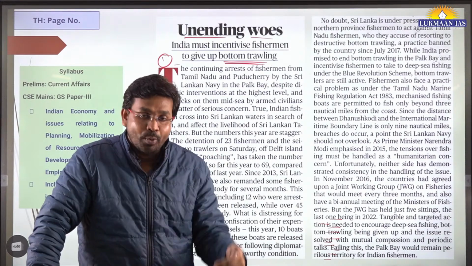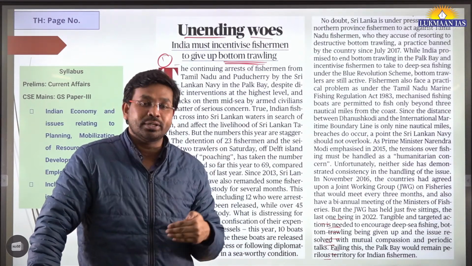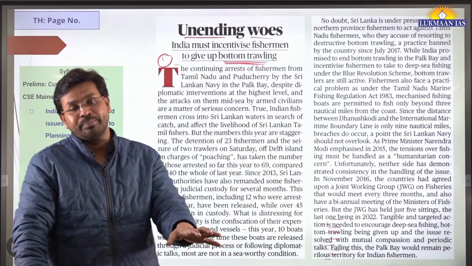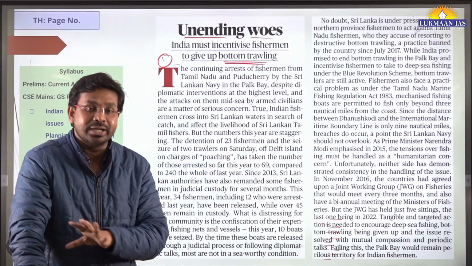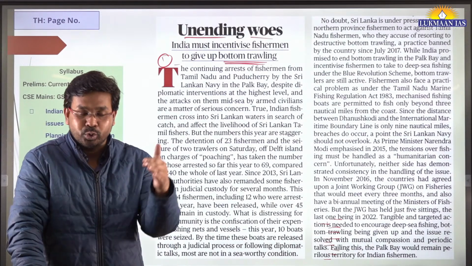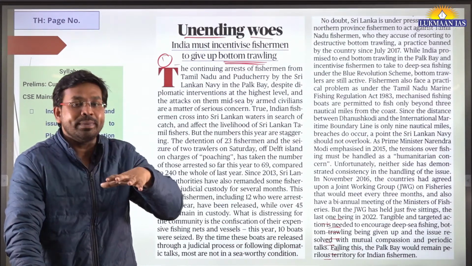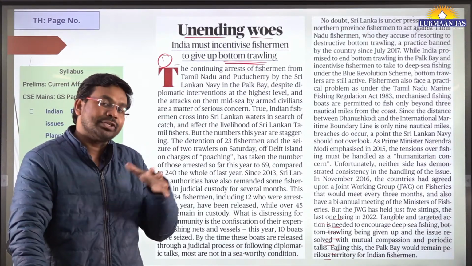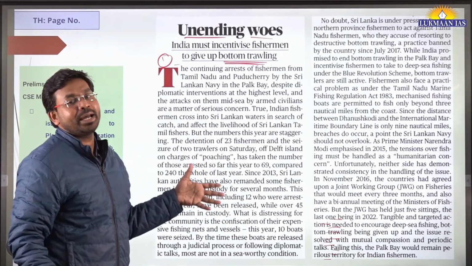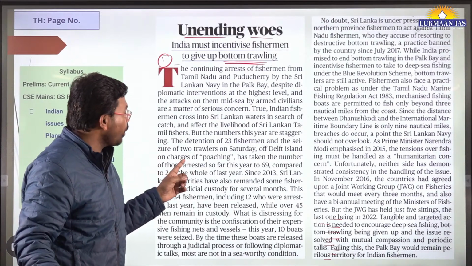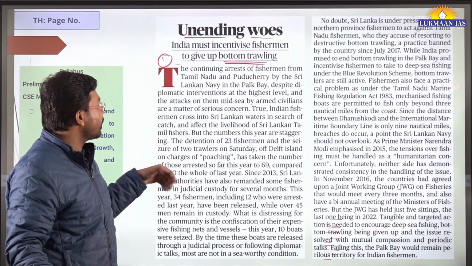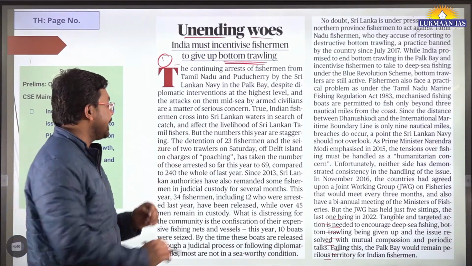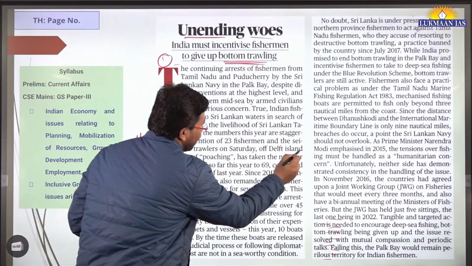Many Indian fishermen do bottom trawling not only in Indian waters; they sometimes cross over to Sri Lankan waters and do bottom trawling. Many people have been arrested by the Sri Lankan Navy in the past, and through diplomatic efforts the Indian government has been able to secure the freedom of the arrested fishermen, and they are also released through judicial orders. In this article they have discussed an island known as Delft Island.